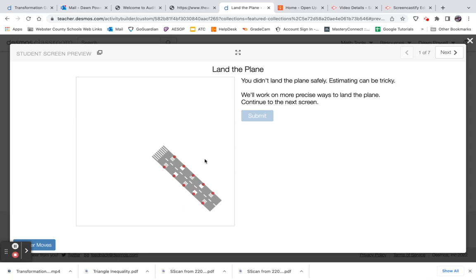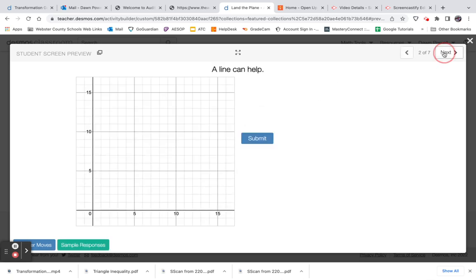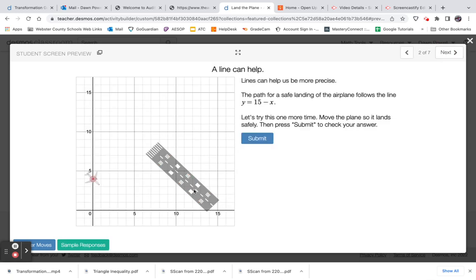So estimating is kind of tricky. If we were given a grid, it makes it a little bit easier to do. So this says lines can help us be more precise. In order to land this plane, they're asking you to follow the equation y equals 15 minus x. Now, going back and seeing how this is related to the